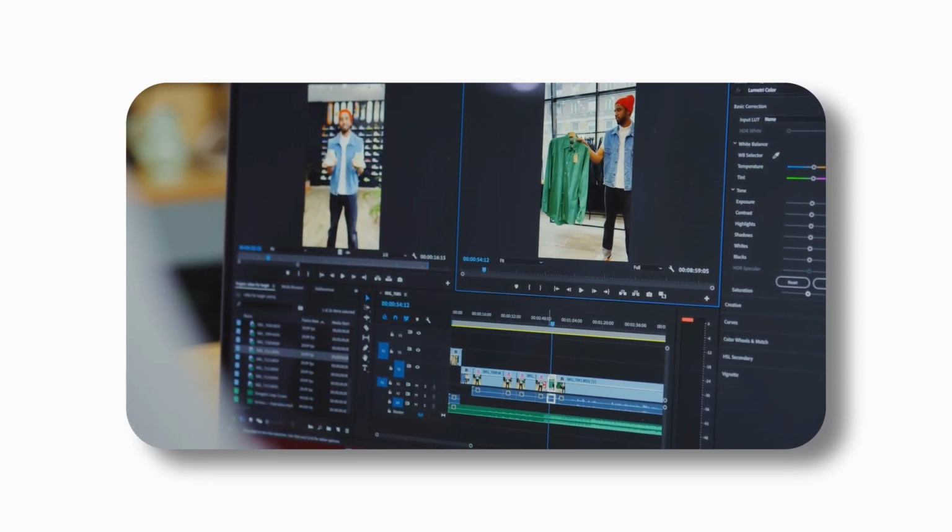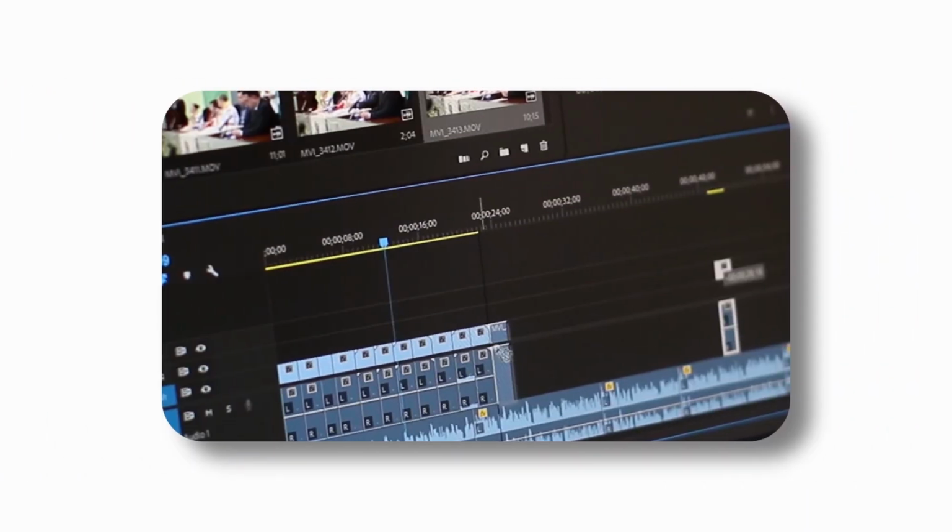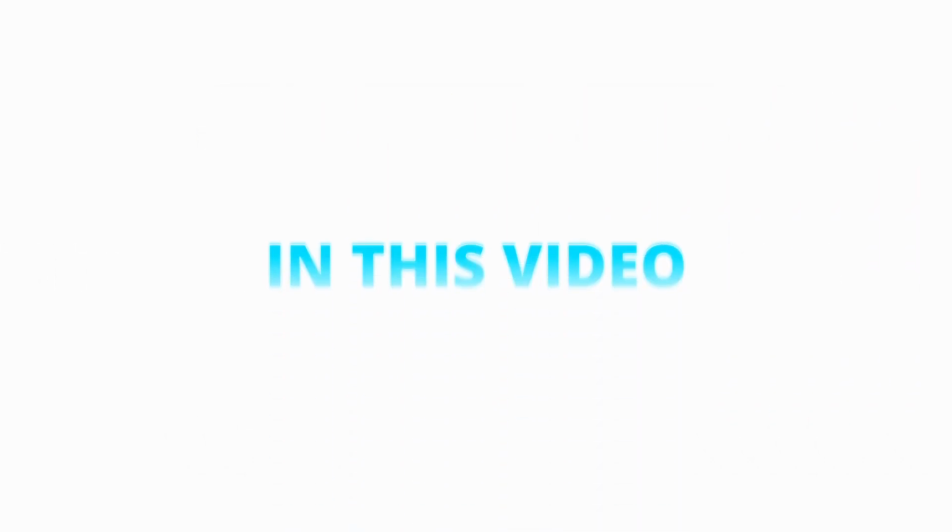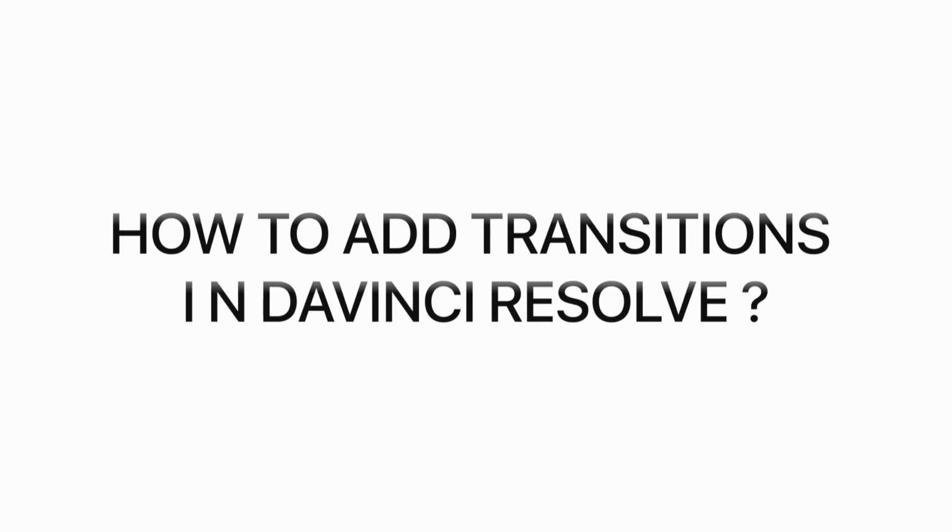Ever wondered how YouTubers make their videos flow so smoothly from one scene to another? The secret is transitions, and in this video I will show you exactly how to add them in DaVinci Resolve